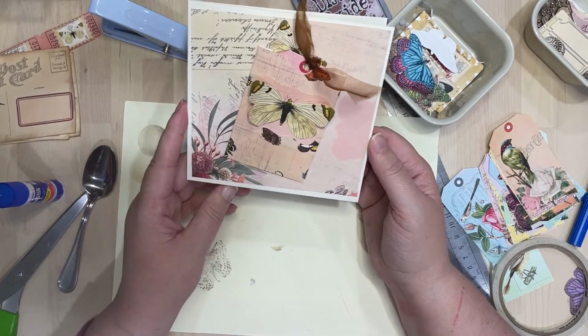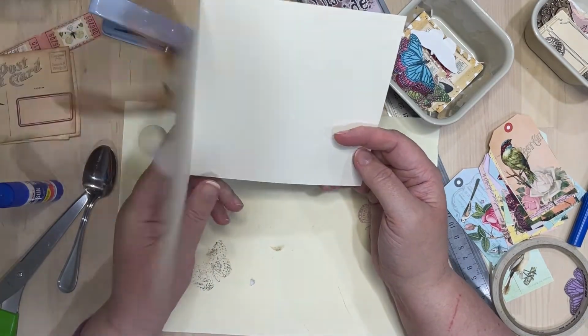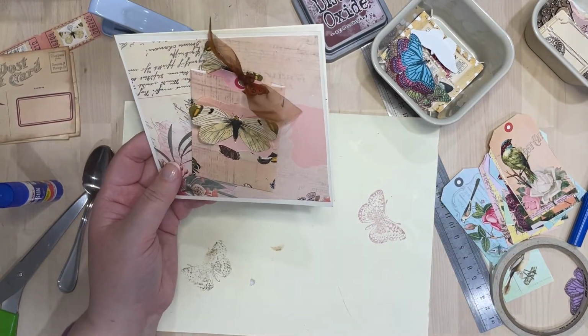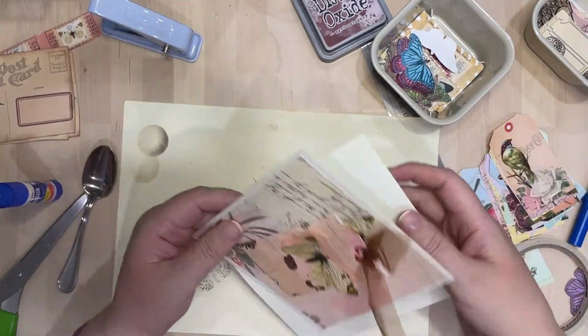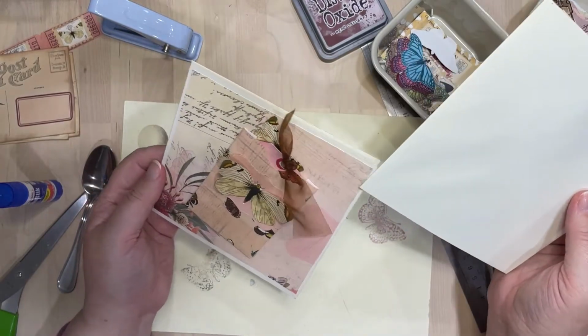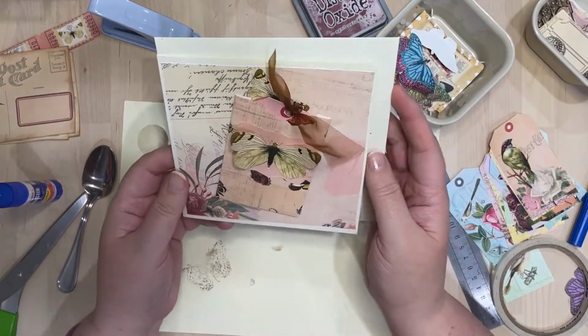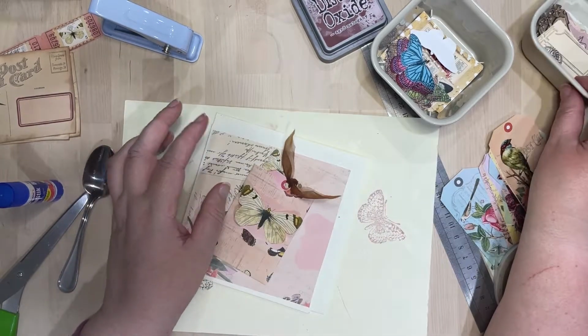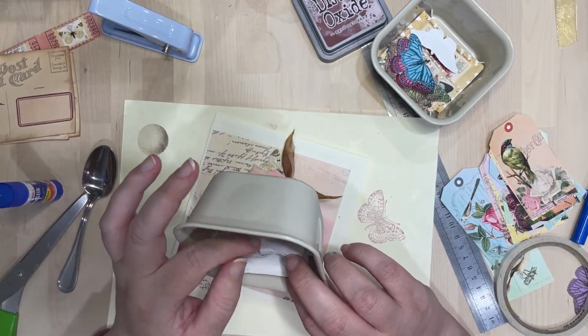That is a beautiful birthday card. It could be an anniversary card, whatever you want. And of course you've got the matching envelope, and I like to decorate my envelopes just so it matches the card. So I would put maybe another one of those little labels,